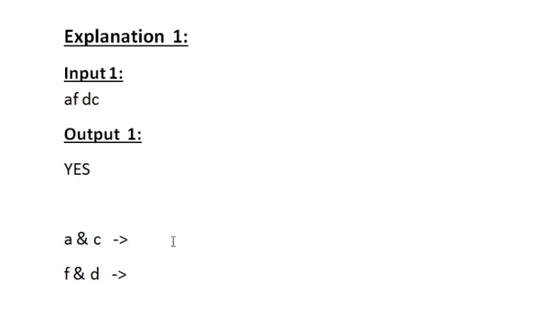We are going to find all the possible characters A can be. A doesn't have a previous value, so the character A can be A and its next character B. And now we are also going to find all the possible characters that C can be. C can be its previous value, that is B, then itself, and then the next character D. Now these are all the possible characters that A can be changed into, and these are all the characters C can be changed into.